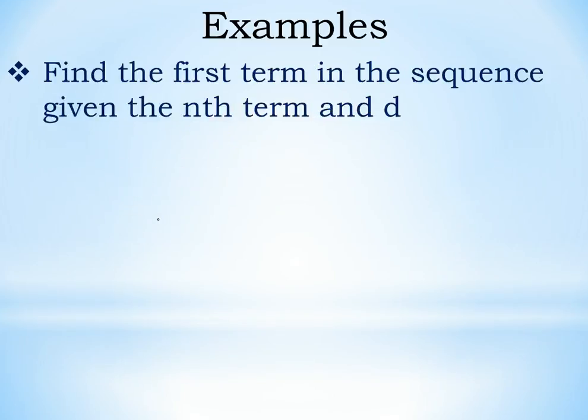Okay, so now we want to find the first term in the sequence given some nth term, like the 8th term, the 12th term, the 57th term, and the common difference. So we're given a_7 equals 13 and d equals 4. So this tells us our 7th term is 13, which means n is 7. We're going to use all this to plug back into that equation, where we'll find every single thing except for